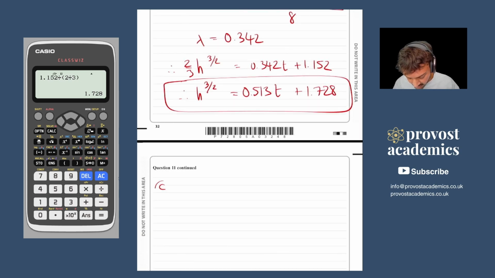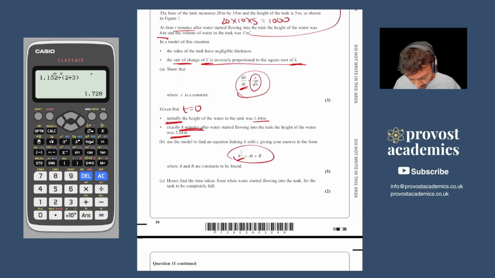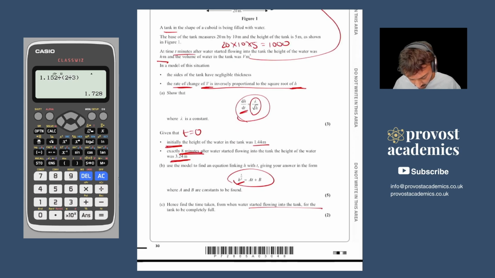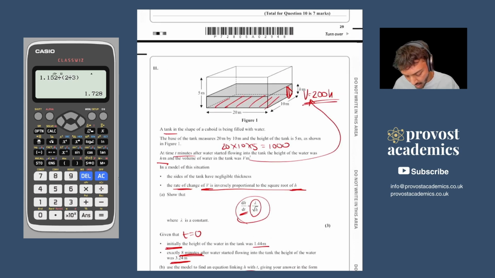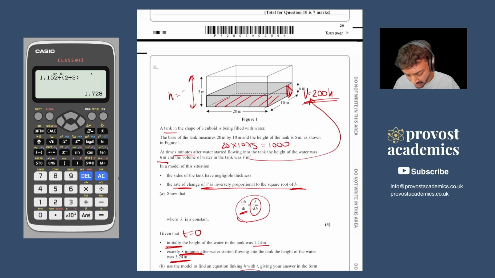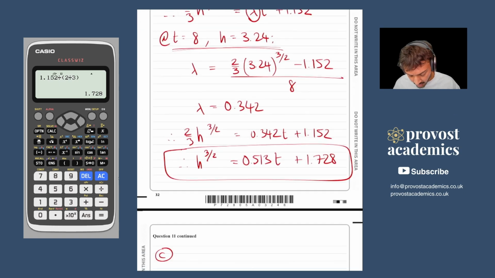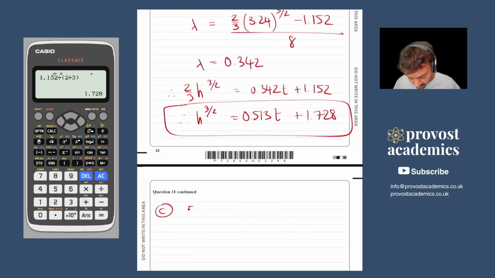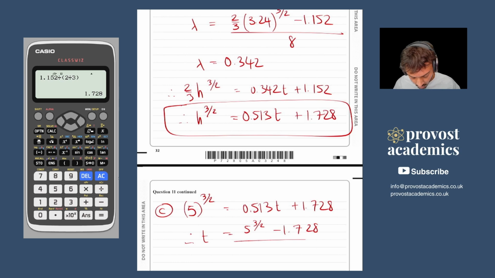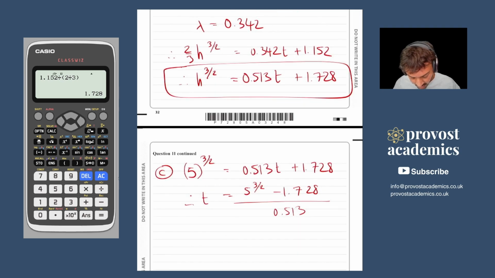Cool. Part C. What does it want now? So find the time taken when the water starts flowing in, till it's completely full. So if it's completely full, our h is now going to be equal to 5. Okay, so that's what they're trying to infer. So I need to find what t is when h is equal to 5. So 5 to the power of 3 over 2 equals 0.513t plus 1.728. So therefore t is going to be equal to 5 to the power of 3 over 2 minus 1.728, all over 0.513, to give us an answer of